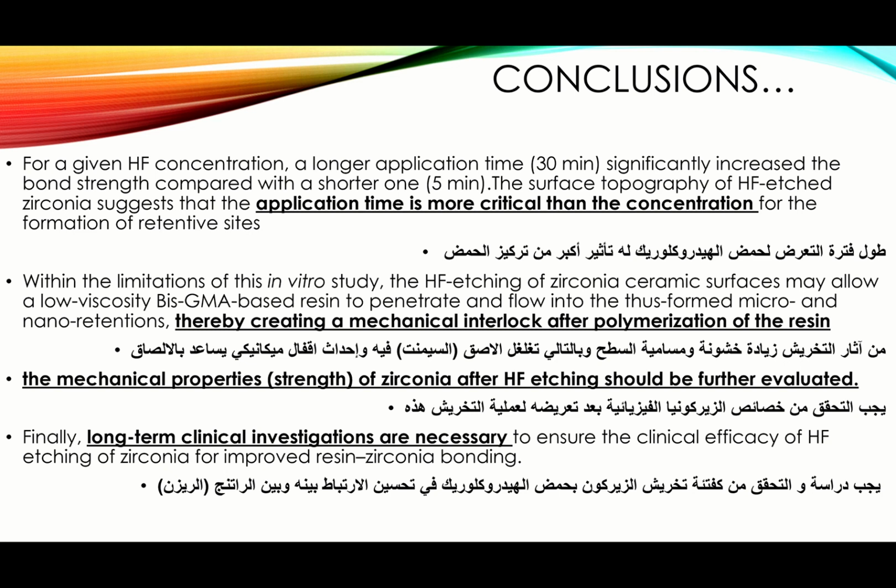I will show a couple of companies that came up with a way of etching. All right, but let's understand what it does. Now, the mechanical properties or strength of zirconia after hydrofluoric etching should be further evaluated. Absolutely, this is a new way of doing things, so to speak, and we want to see what kind of mechanical properties, especially since you're talking about surface roughening again. And surface roughening in zirconia, in the back of our minds, has an issue,